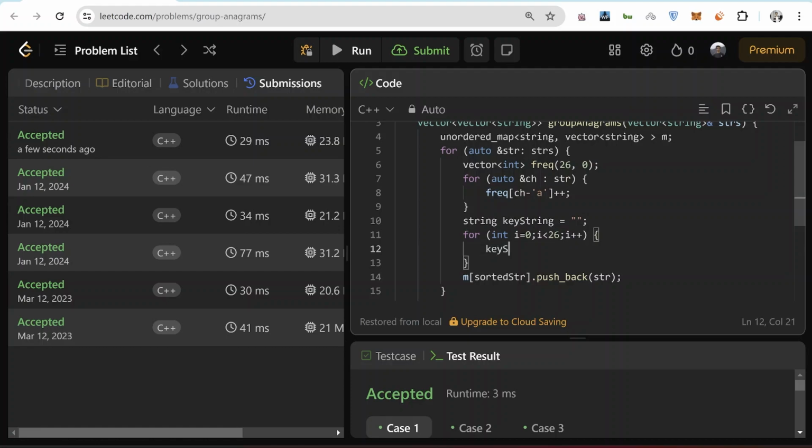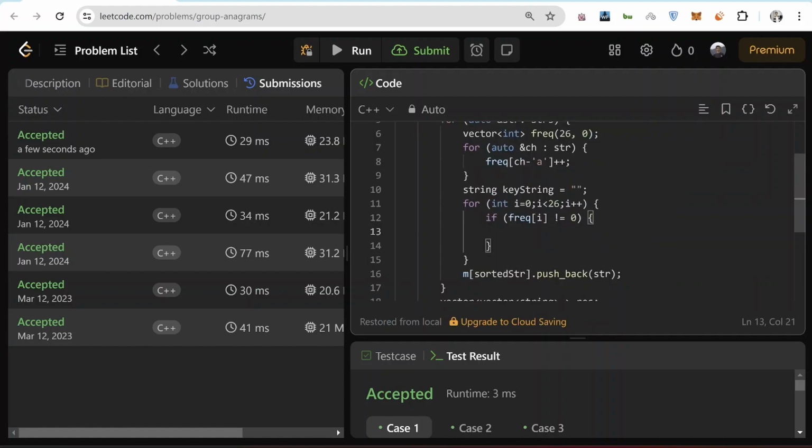In the keyString, okay, if frequency of i is not equal to 0, only then I'll append it. So keyString plus